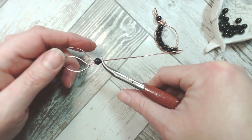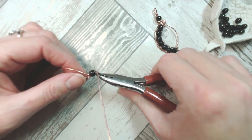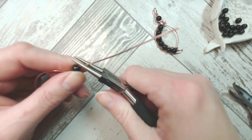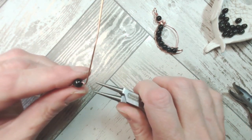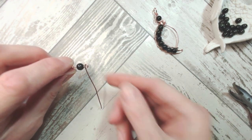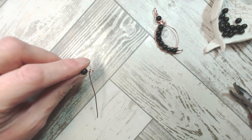I'm using my pliers to give me a little bit of space above the bead so I can get 1 or 2 wraps around that core wire. I'm going to use my round nose pliers now to create a circular form up at the top, and I think I'll make this one quite tiny. So there's the first half of my wrapped loop. Take the tail all the way around those plier ends. Tiny, tiny hole just up at the top there, which will fit onto a 1mm gauge wire,